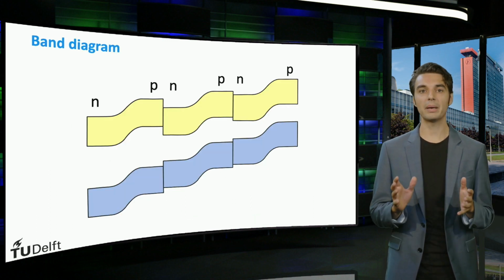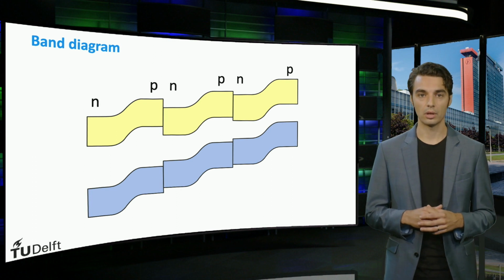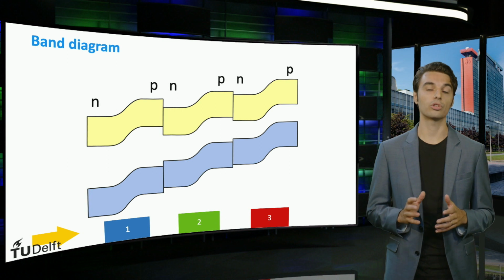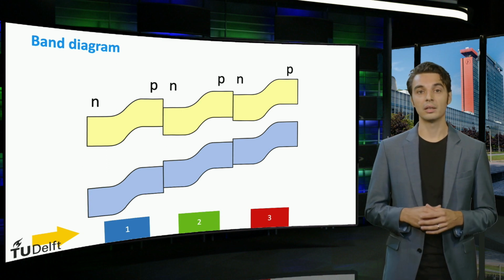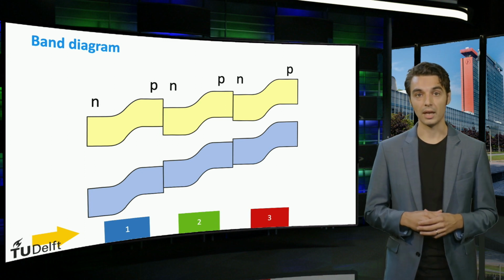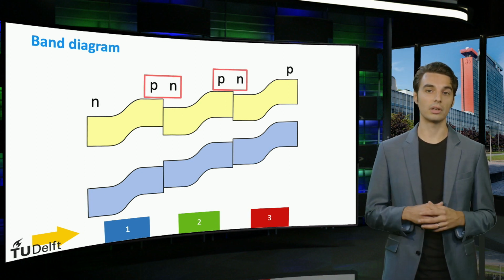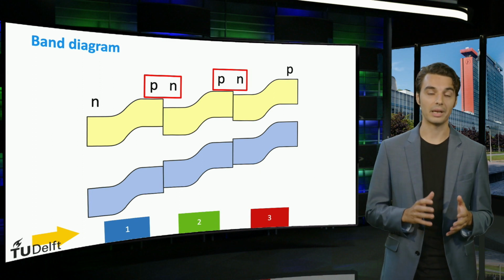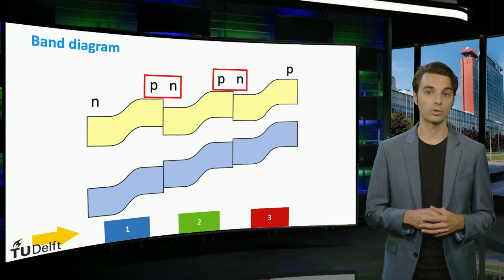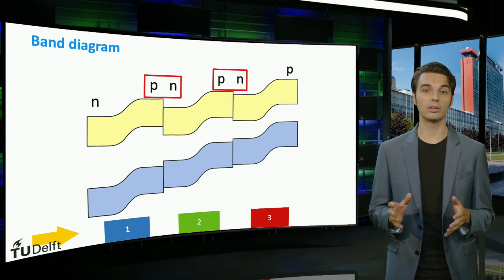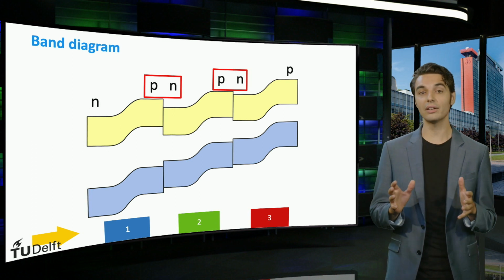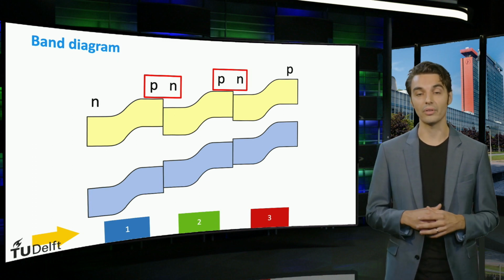Finally, we look at the band diagram of a triple junction device. The top cell with the high band gap is shown on the left hand side and the bottom cell is shown on the right hand side. This band diagram does not represent reality, however. If we were to place three p-n junctions in series, the p layer of the top cell and the n layer of the middle cell, for instance, would form a p-n junction themselves. This p-n junction would operate in the reverse direction with respect to the single junction solar cells and would therefore significantly lower the voltage of the triple junction device.